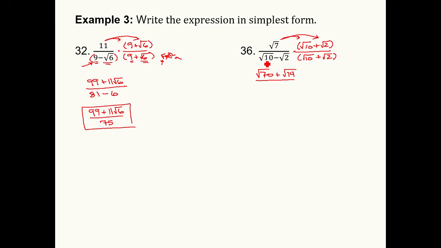And then for our denominators, we've got our two binomial-looking numbers here. First times first plus the square root of 10 times itself. Square root of 10 squared is just a regular 10. Minus the square root of 2 times itself. I'm taking a negative root 2 times a positive root 2. That is just a regular 2. Root 2 times itself squares it, gets rid of the square root. We have a 2. Final answer, square root 70 plus square root 14 all over 8.